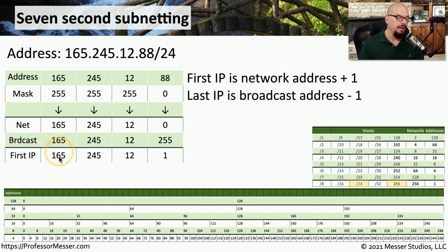This means we'll calculate our first IP by referencing that network address, 165.245.12.1, because we added 1 to our network address. The last usable IP address is based on the broadcast address, so we'll use 165.245.12, and then we subtract 1 to make that 254. Now we have all of the values we need for this particular subnet of